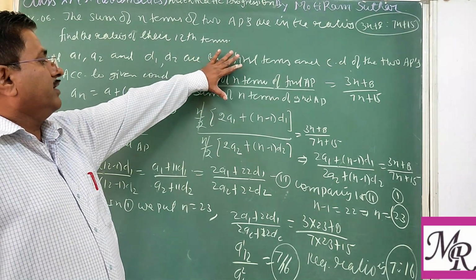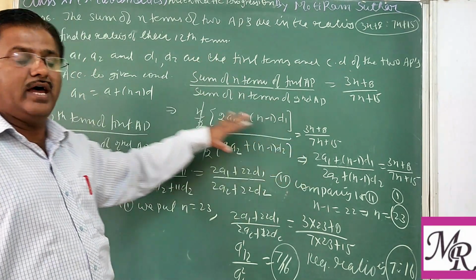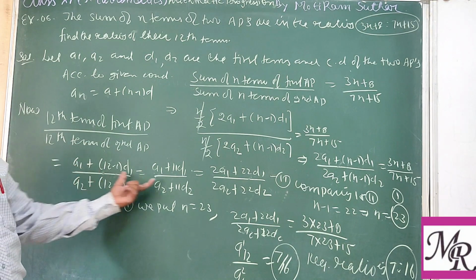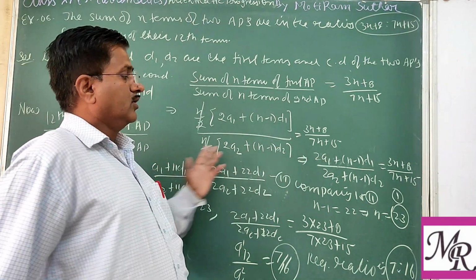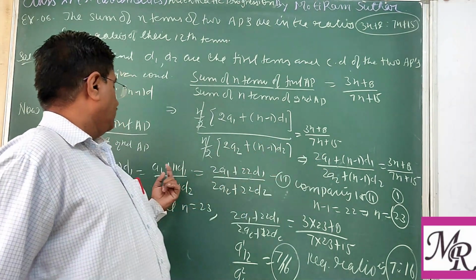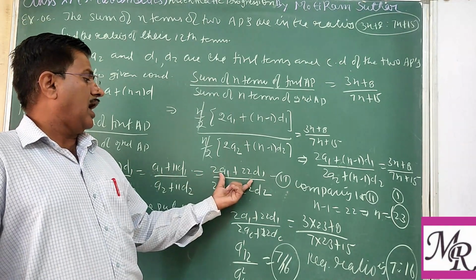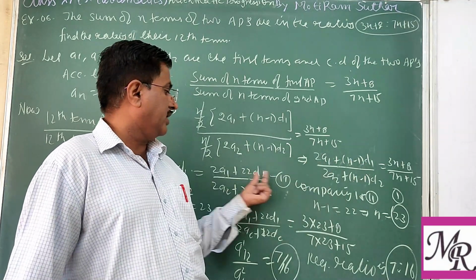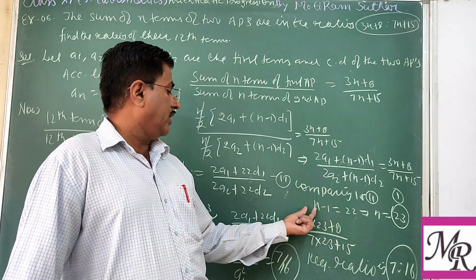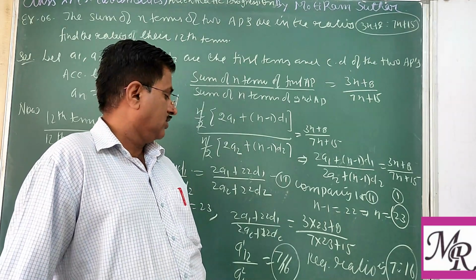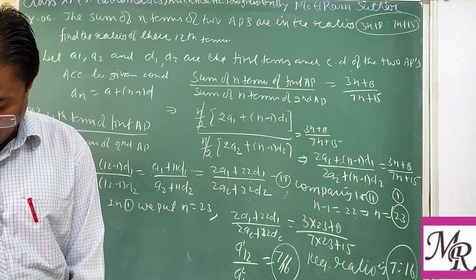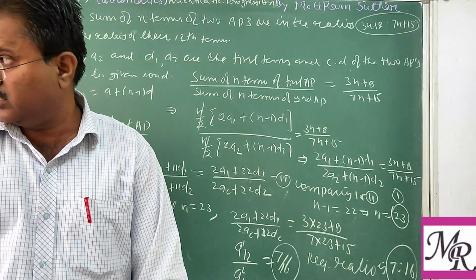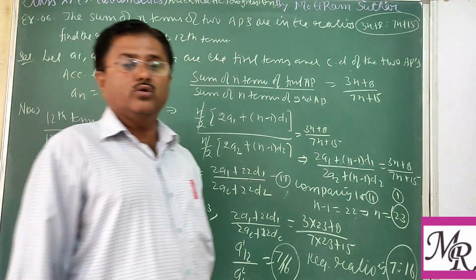So one can easily calculate. First of all, whatever is given, you have to write. Then what we need to find, you have to write. After these two, we compare this one. So to make the left hand side equal, we multiply this by 2. After multiplying, you compare the numerator and denominator. That gives you n minus 1 equal to 22 and n equal to 23. So in this way, one can find the required ratio is 7:16. So this is all for today's class.